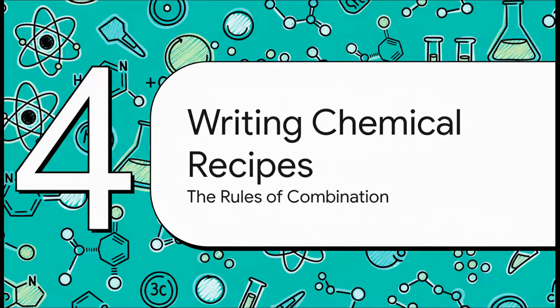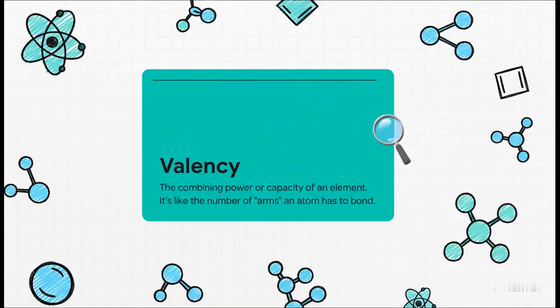So that brings us to the final piece of the puzzle for today. How do we actually write the recipe, the chemical formula, for any of these compounds? Well, the secret ingredient here is a concept called valency. You can just think of valency as an atom's combining power. Or even better, think of it as how many arms an atom has to link up with other atoms. The octopus analogy here is perfect. If an octopus has 8 arms, a valency of 8, it could hold hands perfectly with 4 humans who each have 2 arms, a valency of